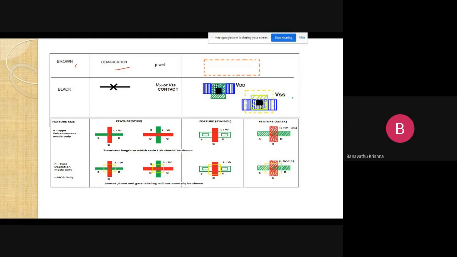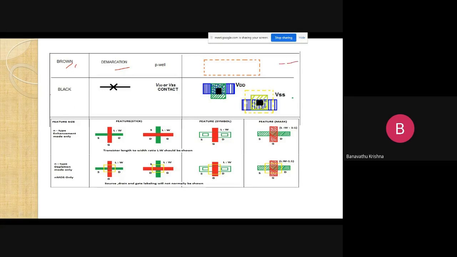The purpose of the demarcation line is separating the P channel and N channel devices. Above this demarcation line we represent P channel devices, and below it we represent N channel devices. This is the demarcation line.